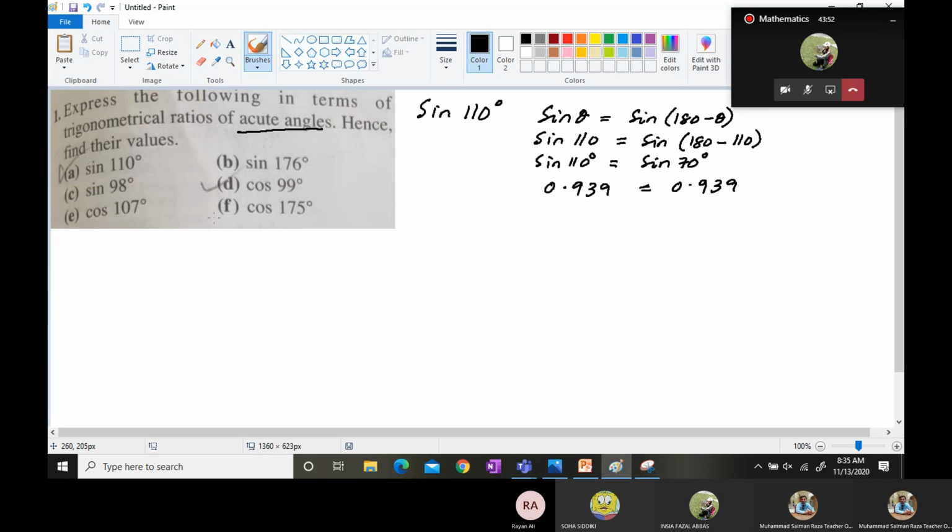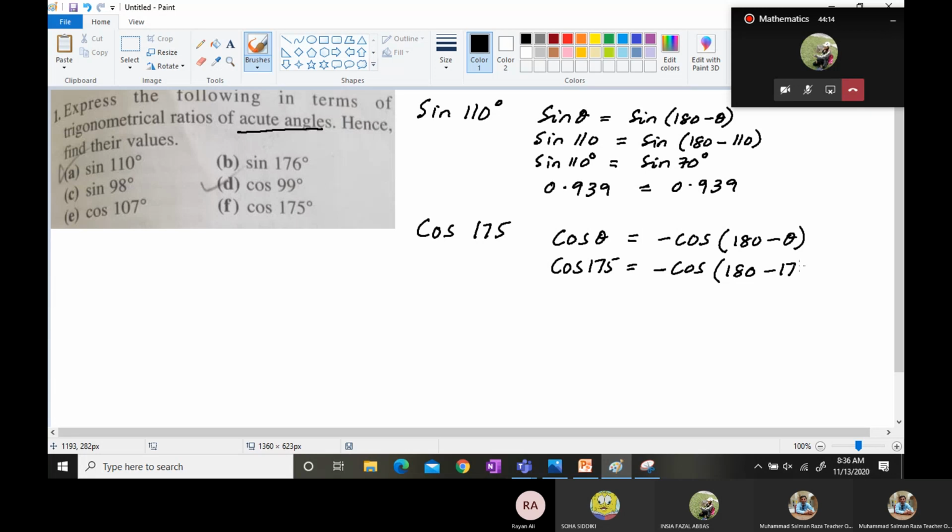And if we go for a question of cos here, then you can see cos 175, and the formula for cos is cos theta is always equal to minus cos of 180 minus theta. So cos 175 is equal to minus cos of 180 minus 175, and you will see that cos 175 is equal to minus cos 5 degrees. So guys, what is the meaning of it? The meaning of it is quite simple. If you find the value of cos 175